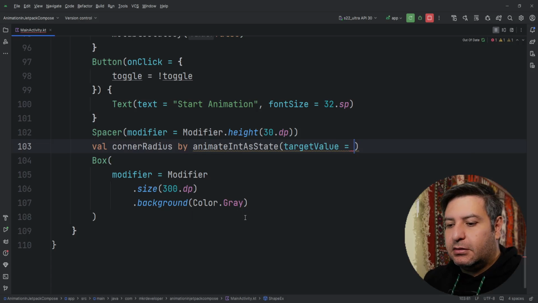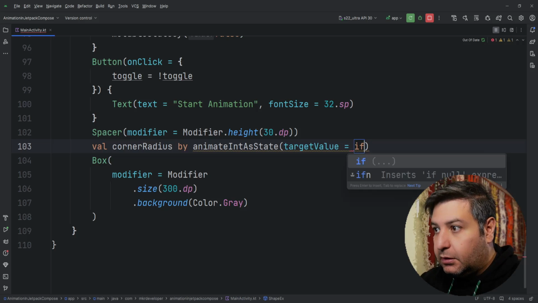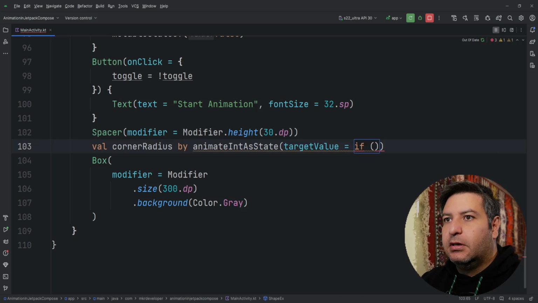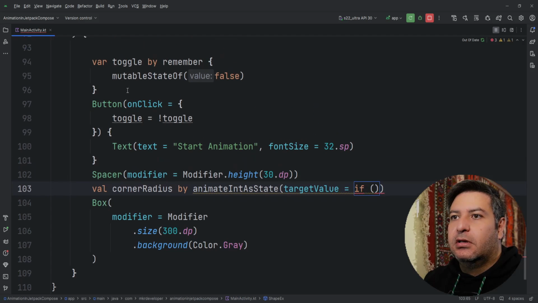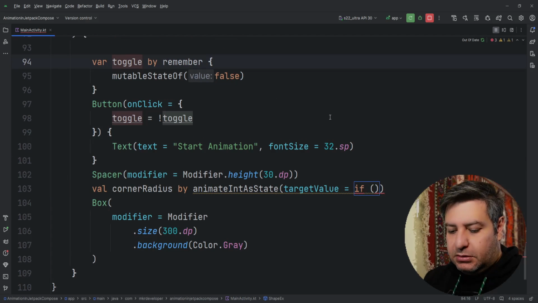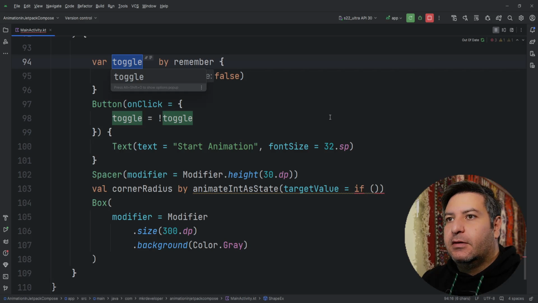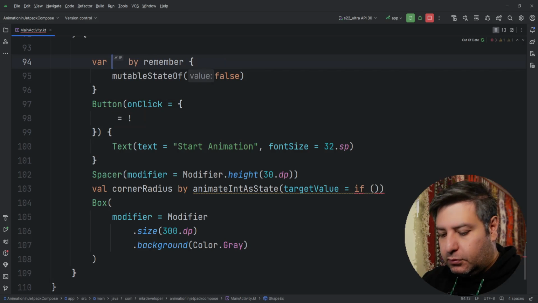Wait a second, I will show you why I'm going to use integer. We need a target value, and as the target value I will write an if condition, then I will check this toggle. Let's change it by pressing Shift and F6, rename it to